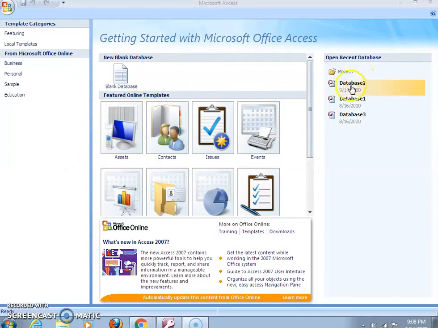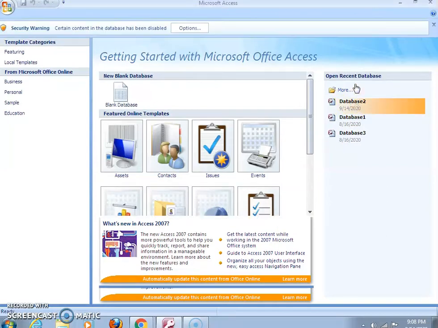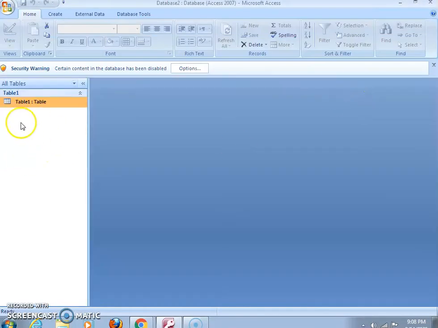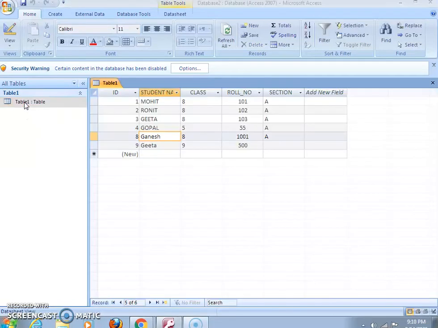database. You can see here on the right-hand side the database which you have created. Please see the list. You have to click on the appropriate database, and the database will be loaded into the computer memory and give you the table which you have created with the required field names and the data you have entered.